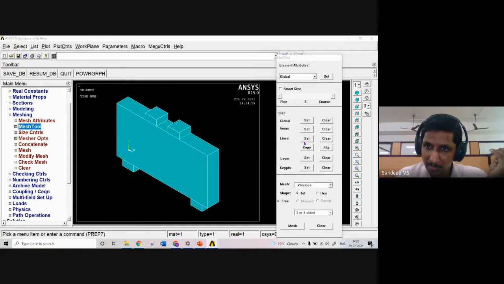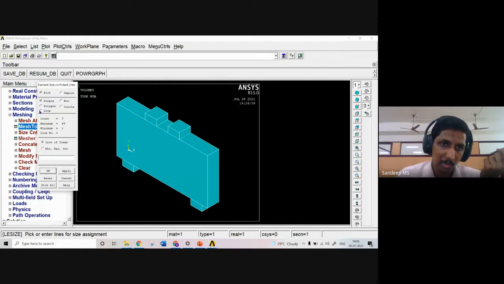From this mesh tool, I am selecting the size option inside lines, and I am setting the size of the mesh. From here I am pressing this set button, so I will get an option like this. Either you can manually select all the lines, suppose you want different values in different directions, as we explained now: 50 mm in the X direction, and 40 mm in the Y direction. Then you have to manually select all the lines spanning in the X direction. Not only this one, but all the lines. At the bottom also we have some lines spanning here, and for the bearing plate also we have some lines spanning in the X direction.